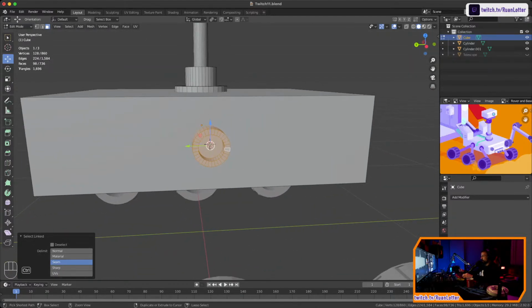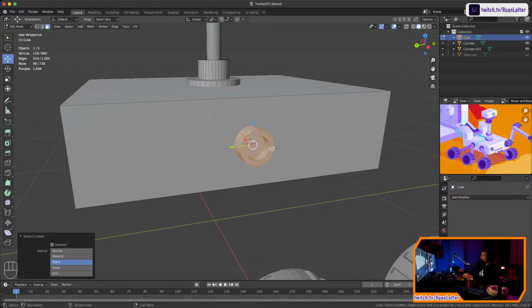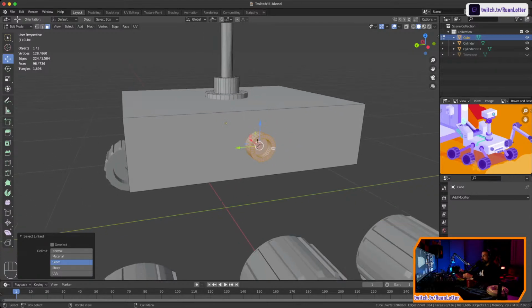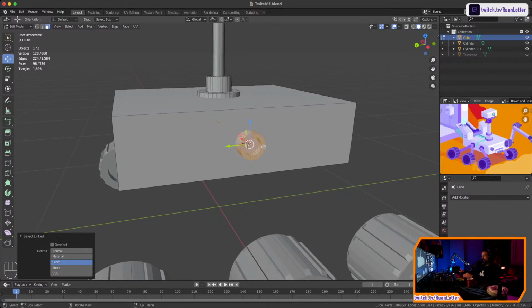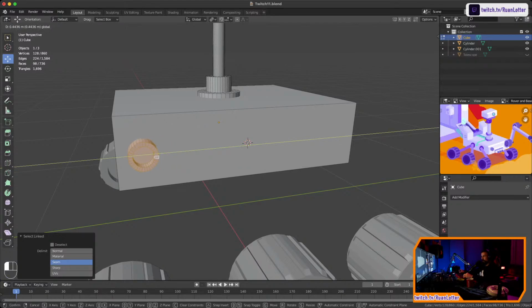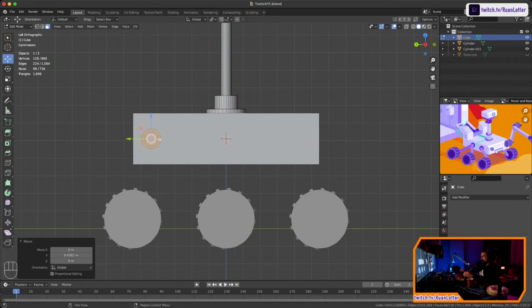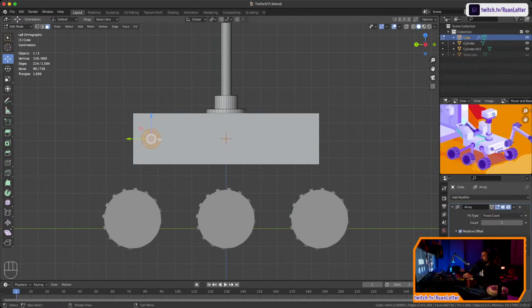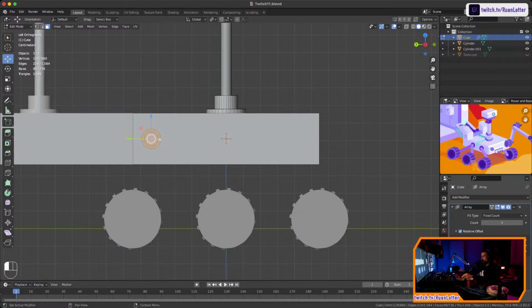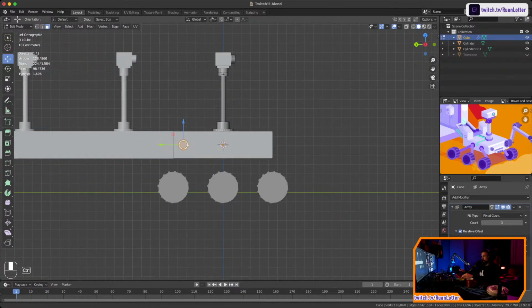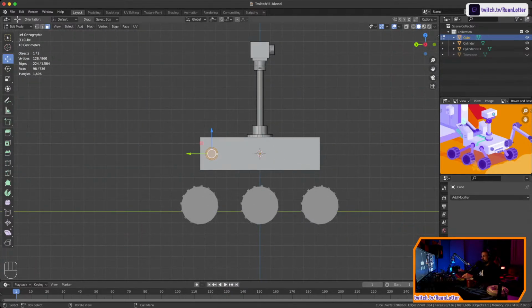But yeah, that's not exactly what I want to do. I want to move this way. Just going to eyeball this again, and then I'm going to add an array. Make 3 of these. And we want to move it in the Y. Maybe 1. Oh, that ain't gonna work. So let me just